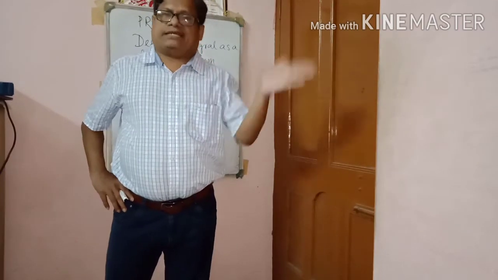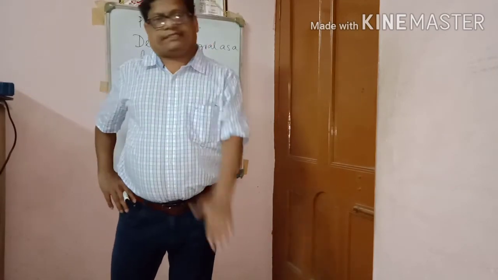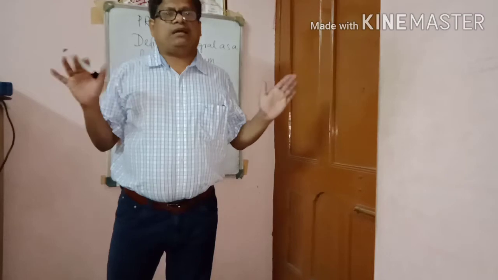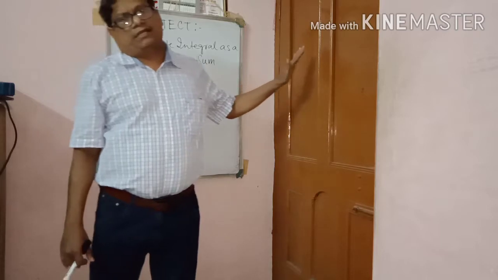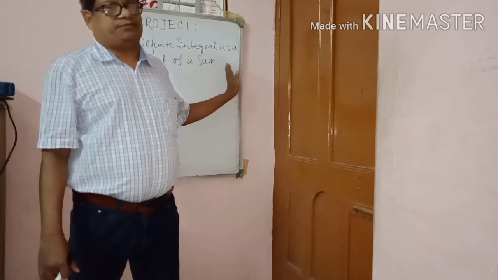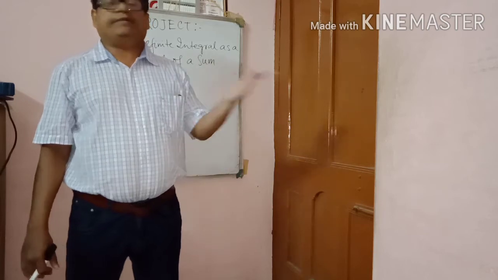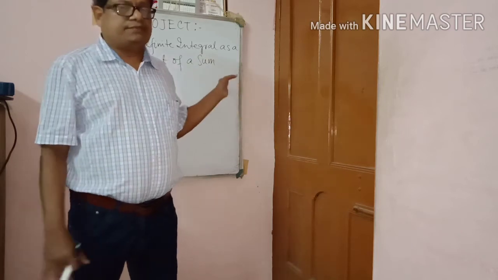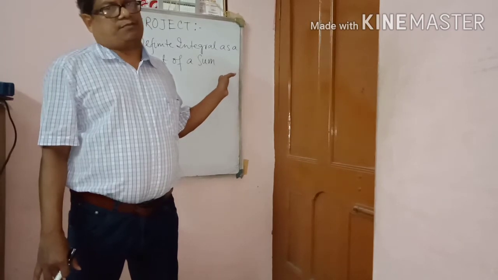First of all, we already discussed in the previous chapter, integration, all of you know. Definite integral represents the area of the curve. With the help of definite integral, we have to find out the area of the curve. In the previous chapter we also discussed indefinite integral. Here we have to discuss definite integral, that is, the limit of a sum.